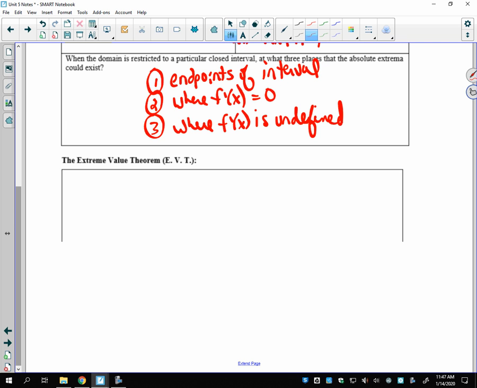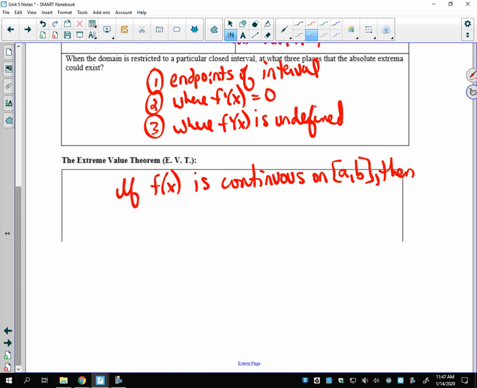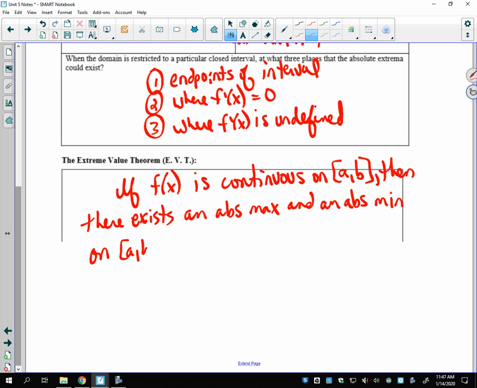That leads us to the extreme value theorem. So the extreme value theorem, we haven't had a theorem in a while, but it's really important that we write it out. So it says, the if part, really important. If f of x is continuous on the closed interval from a to b, then there exists an absolute max and an absolute min on that closed interval from a to b